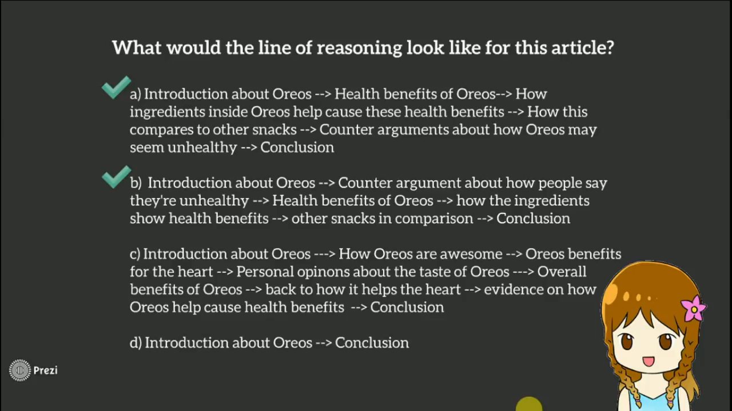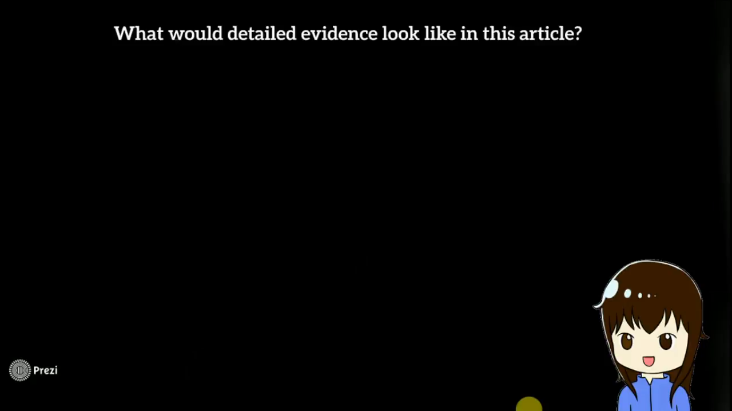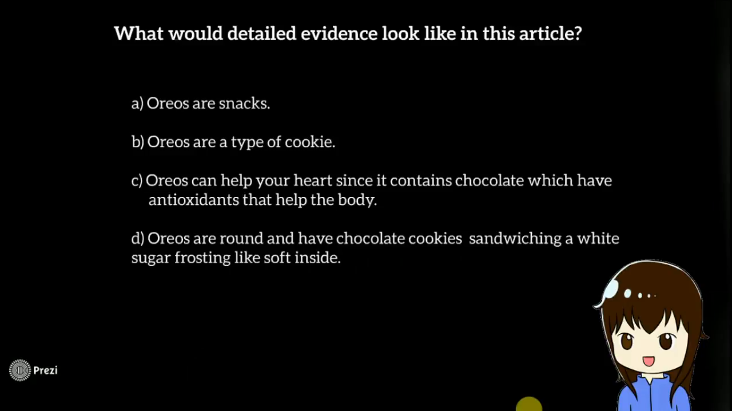D isn't correct since quite obviously no good article or essay will be organized with no body paragraphs that support their argument. What would detailed evidence look like in this article? The answer to this one would be C, since A and B are both vague, and even though D is